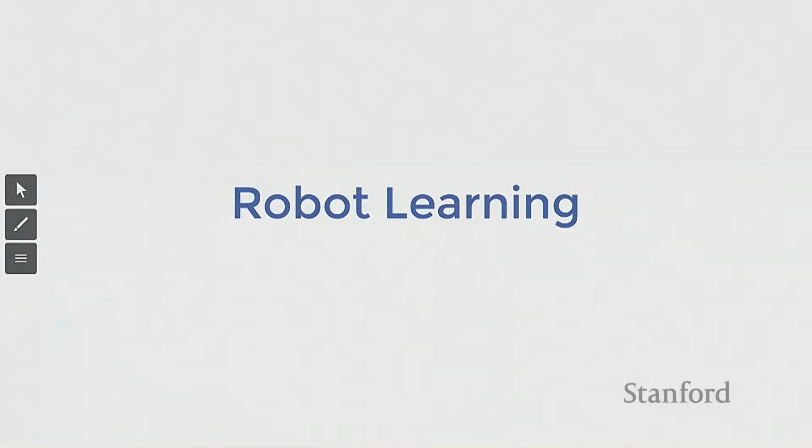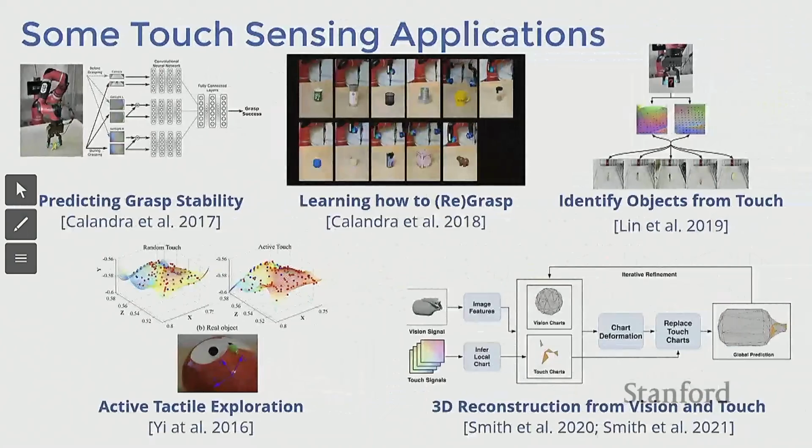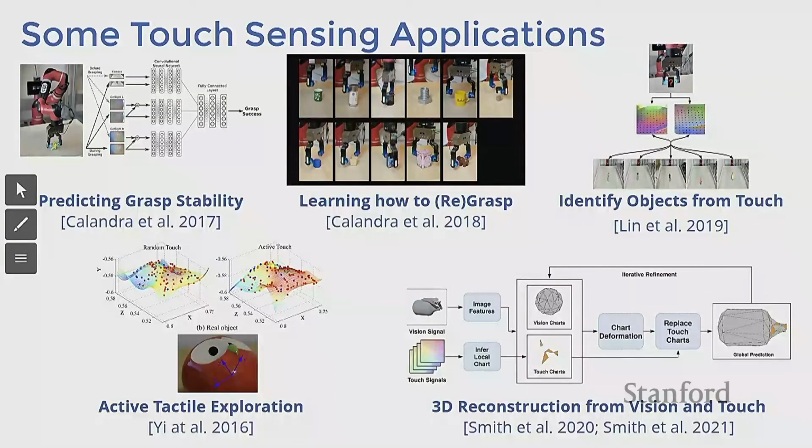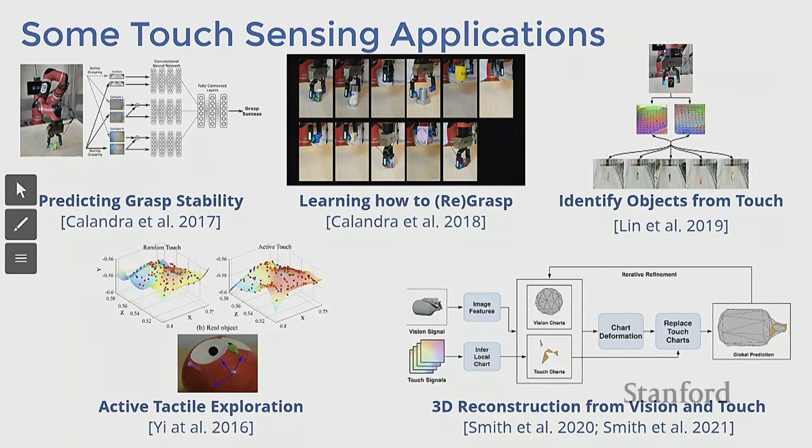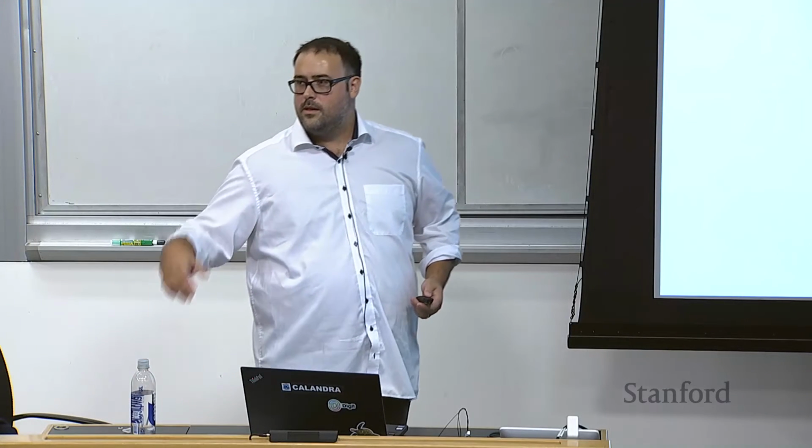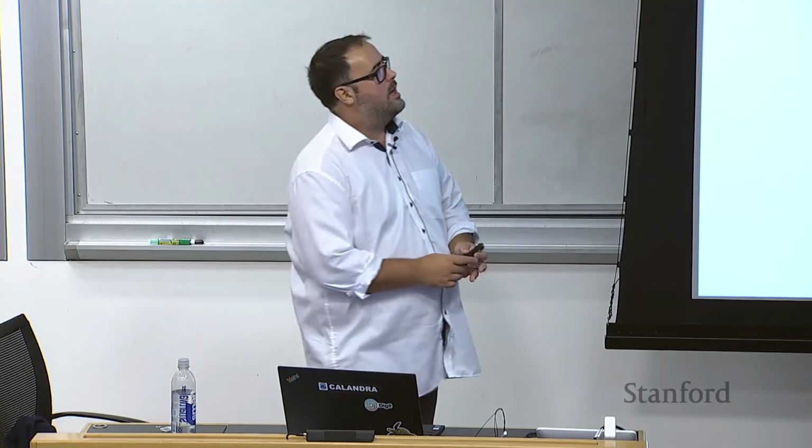Anyway, finally, robot learning. This is what I'm actually mostly working on nowadays. There are plenty of applications at the conjunction between use of touch, machine learning, and robot control. Some of the things that we've been doing in the past is to predict if a grasp is a good grasp before lifting, before applying vertical force: is this going to be a reliable grasp, or is this object going to fall down? And once you decide that this is maybe not a good grasp, how do I adjust my fingers so that I have a grasp which hopefully is more robust and more reliable?